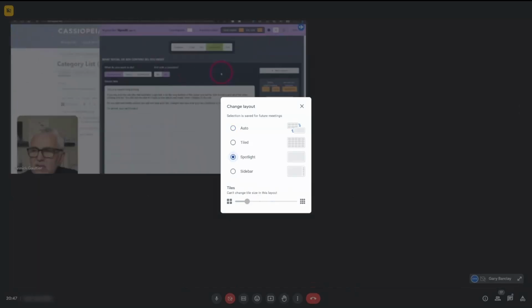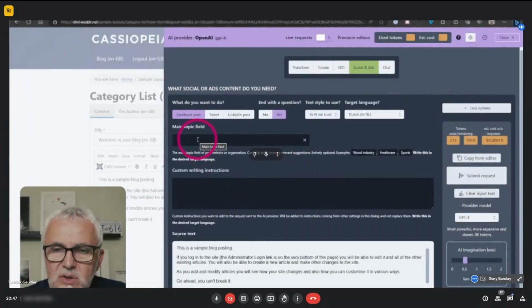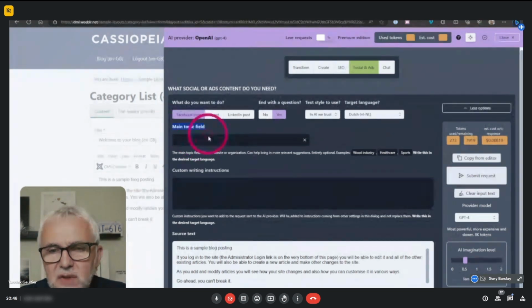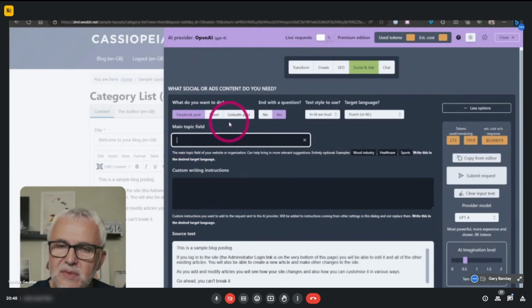I present it in the simplest way, but for all of these options and all these tasks, you always have 2 things, which I didn't explain, but at least you have these. You have the main topic field and you have custom writing instructions. The main topic field is where you can say things like, the question I asked it in the context of being an SEO consultant, and what I'm interested in is SEO results, and I'm a really technical person, and that sort of thing, because this will influence what the AI is going to reply.